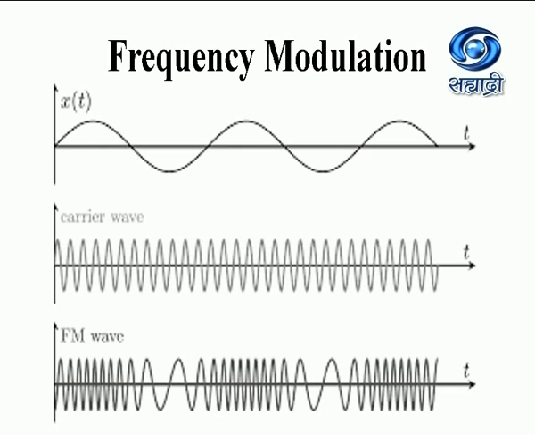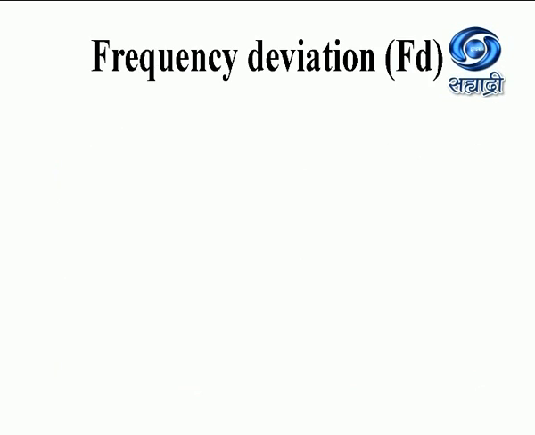If you observe the first diagram and third diagram, for the positive half cycle we will get some kind of frequency, and for the negative half cycle we will get some other type of frequency. So in this way the frequency modulation takes place, and this is the final output of frequency modulation. That change in the frequency is called the frequency deviation.